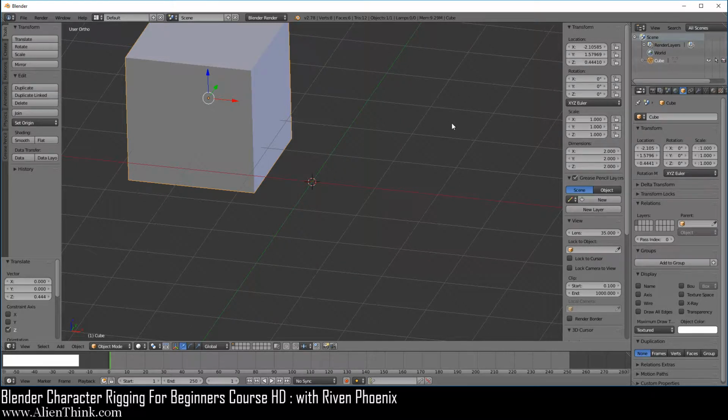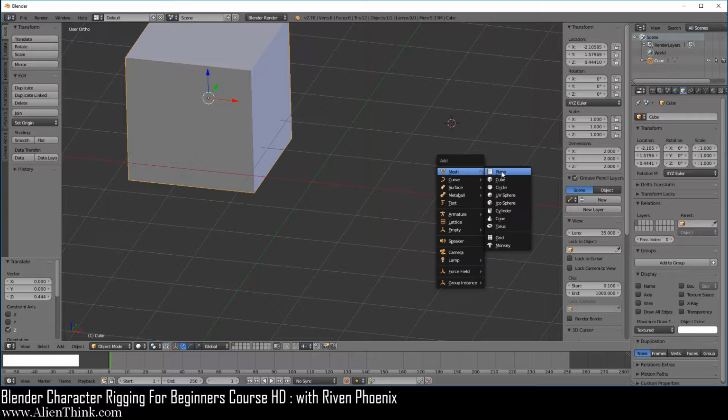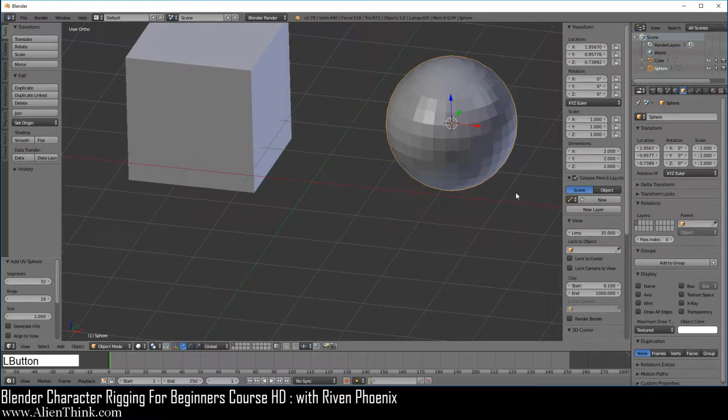If you click the 3D cursor over here, press Shift A and add, let's say, a UV sphere, you'll notice that it tells you how it placed the sphere inside your 3D view by first placing it here where it was at the center of the 3D grid, then it moved it to where the 3D cursor is.